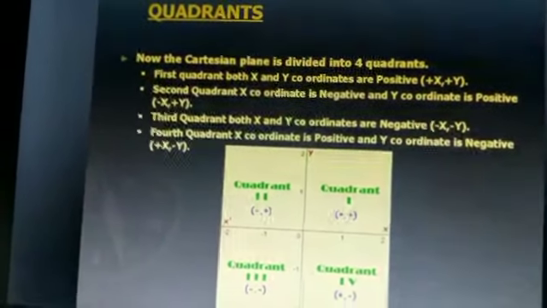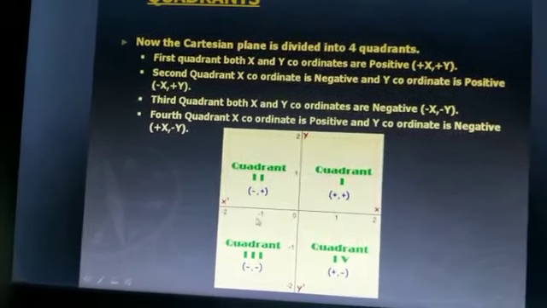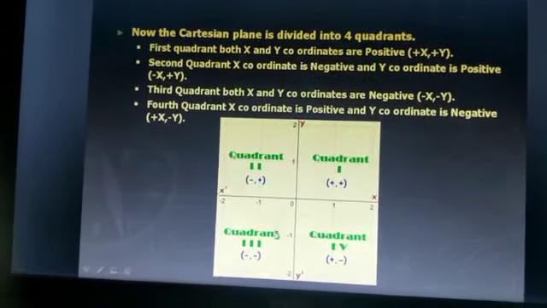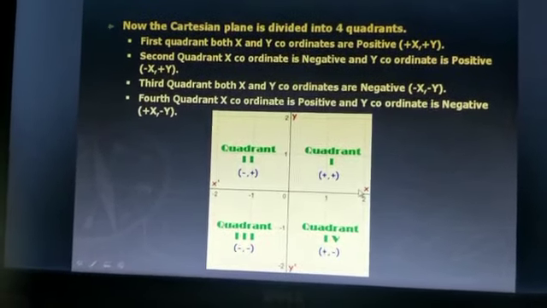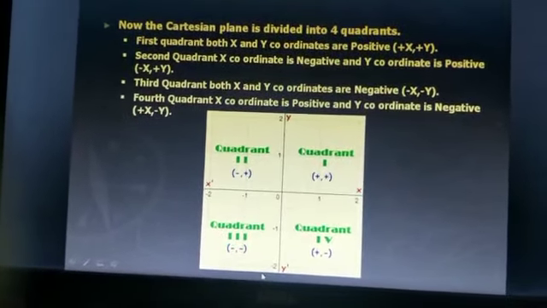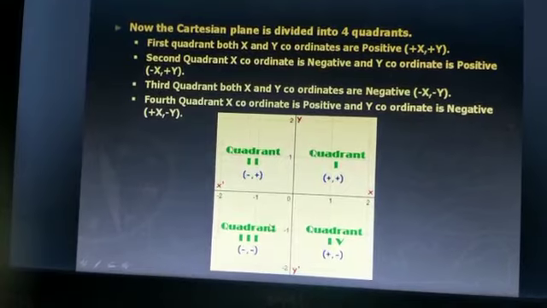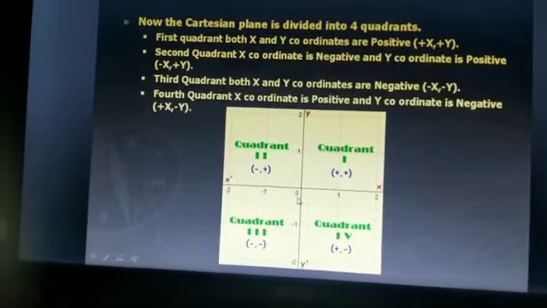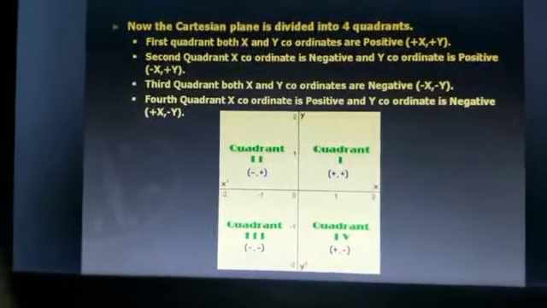Now let me explain how this Cartesian plane is divided into 4 quadrants. Children, in your graph sheet, whenever you draw two perpendicular lines, that is the horizontal line x and the vertical line y, we denote the endpoints as x dash and y dash. Now your Cartesian plane is divided into 4 parts. The point of intersection of the x axis and y axis we name as origin, and it is always denoted as O, and we begin our numbers from here only.